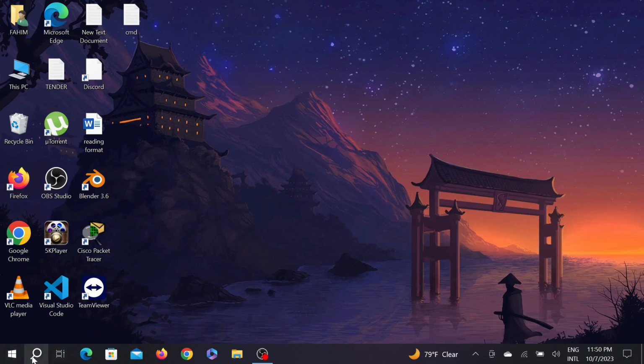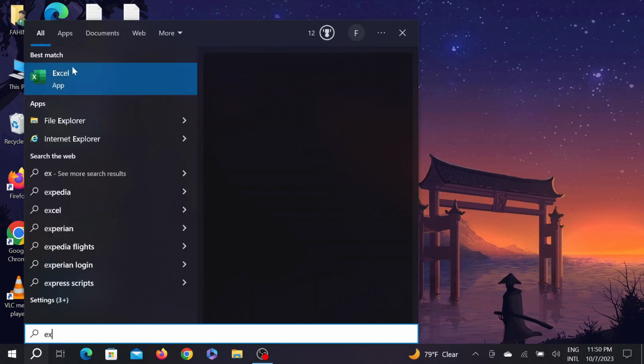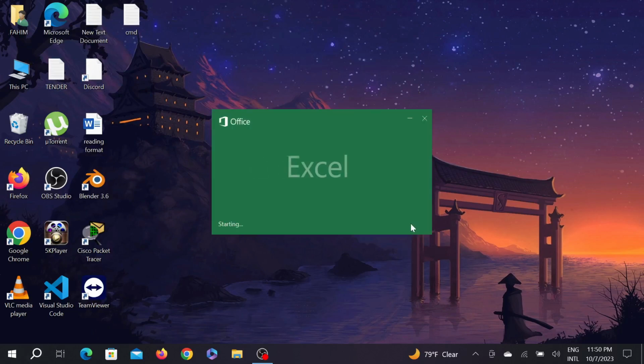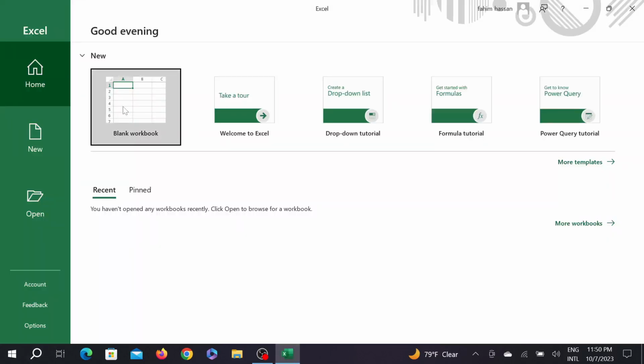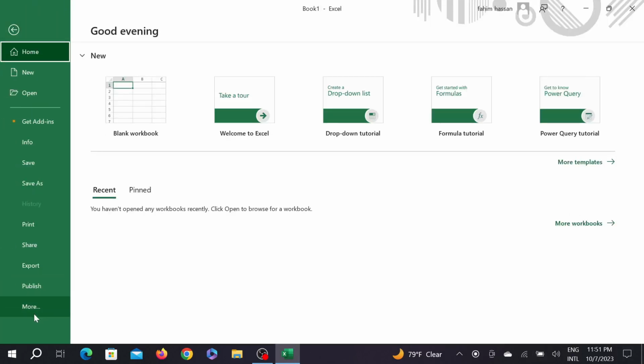First of all, go to your search option here and type Excel, and this is the Excel application. Just double click here and go to any blank Excel file, and now click the File option and click the More option